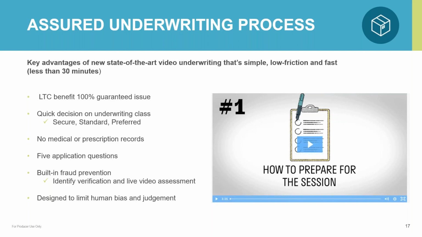side of things, meaning if you look at the first 3 application questions specifically, I don't have them on this slide here, but if you go through them, if the client answers yes to any one of those first 3 underwriting questions, that automatically places them in a secure underwriting class. If they can actually get through those 3 underwriting questions with all no answers, then absolutely perfect.